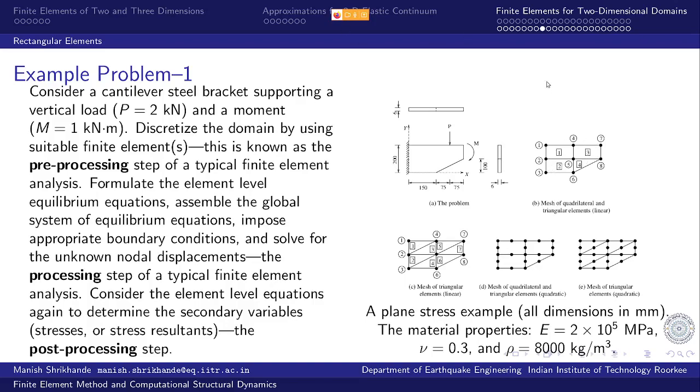This is how we define it, and each node position is of course defined by the coordinates. The coordinates of node 3 are 0, 0. The coordinates of node 2 are 0 and 100 mm. The coordinates of node 1 are 0 and 200 mm. This is the origin of the xy axes, so x here, y here. Node 3 is located at the origin.